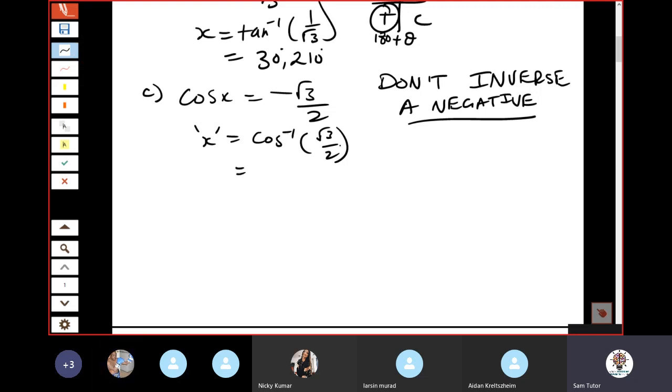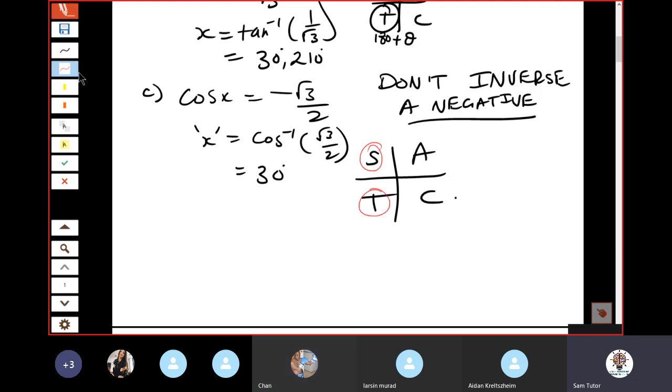What is now inverse cos of root 3 on 2? 30. Okay, once you've worked that out, then what do we draw usually? The all stations to central. Good. And then what are you going to ask yourself this time? Where cos is negative. That's my technique, my method, very uniform, very similar each time. Where is cos negative this time? Sine is negative here and tan is negative here, and therefore your answers are actually what? So x is actually equal to